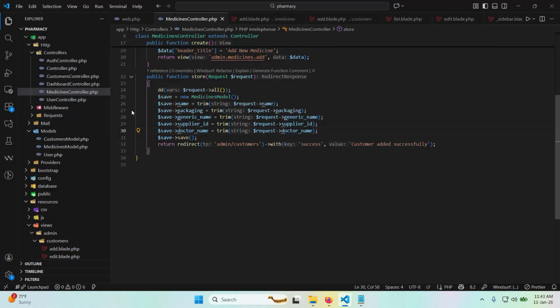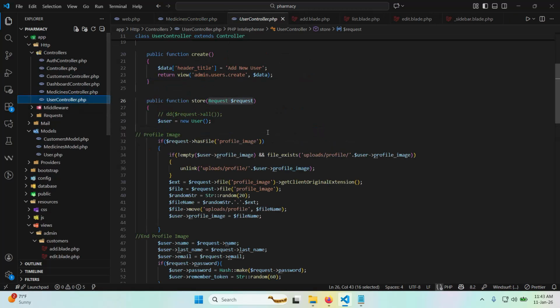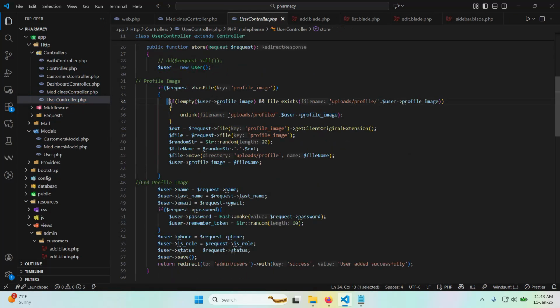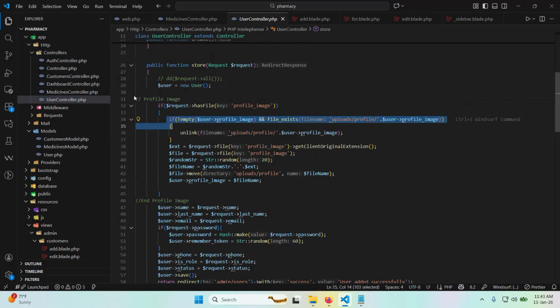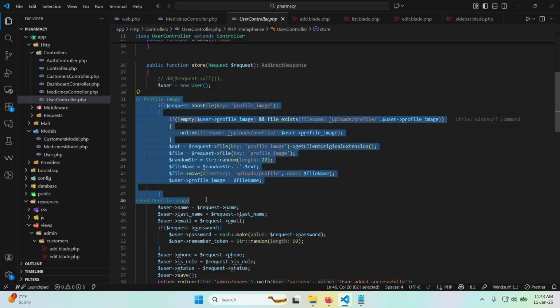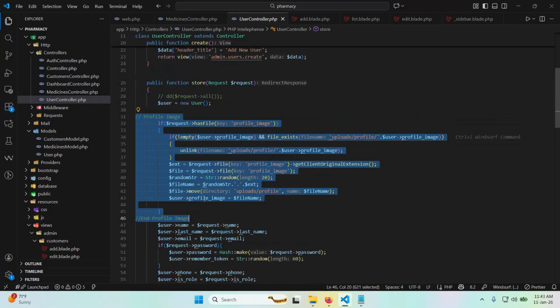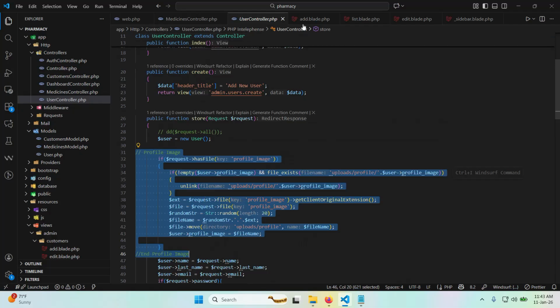So for us to do that, we go to user controller, yeah, user controller here, and then we copy everything that we have here. Okay, it's called profile image. Just copy because it's the same name, so we don't need to worry about changing so many things, and then